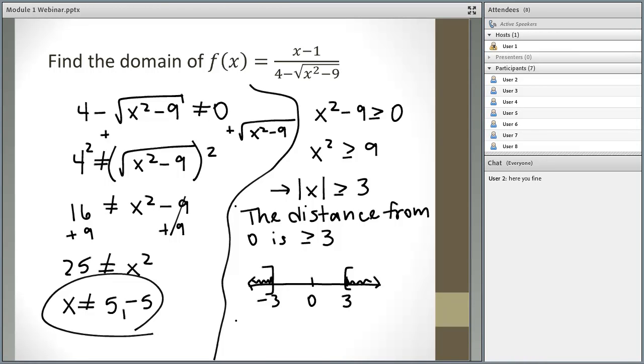So putting this together with what we have with the 5 and the negative 5,